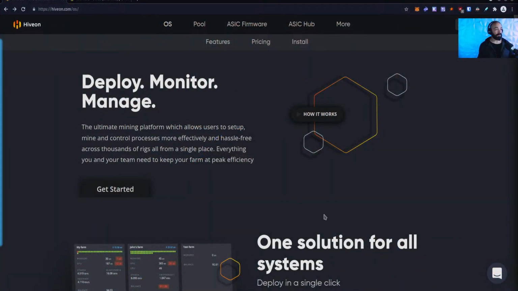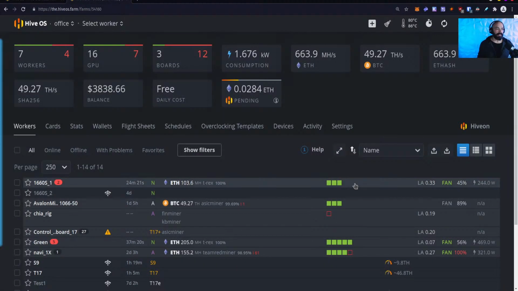So that's the first thing, guys. You want to sign up for that account at hiveon.com, which will redirect you to the OS page. And then once you've done that, you'll be able to download an image. And if you're already logged in, from the homepage here,